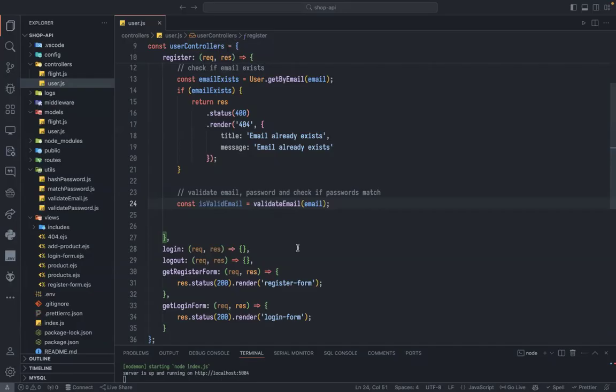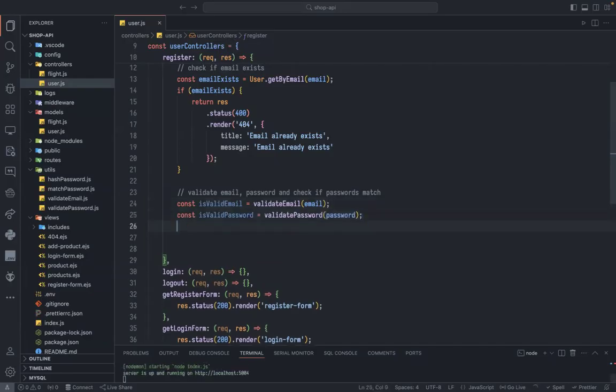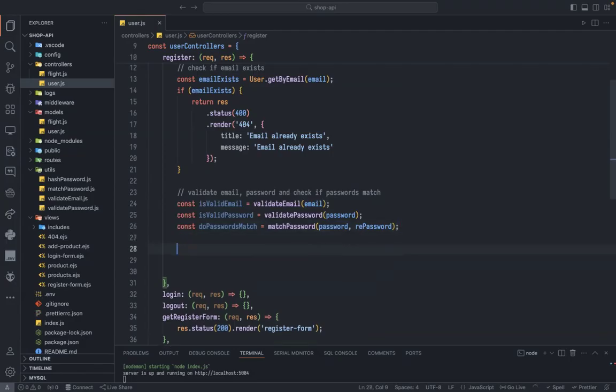Okay, we are validating the email. We need to validate the password, and then we need to check if both passwords match. So here it will be validatePassword, and then here const doPasswordsMatch. Now, if all three here are true, what should I do after that? Encrypt the password. Yes, so what I can do here, I can encrypt the password, and then I can register the user, indeed. So what I can do here, I can just check if all of them are true, so if